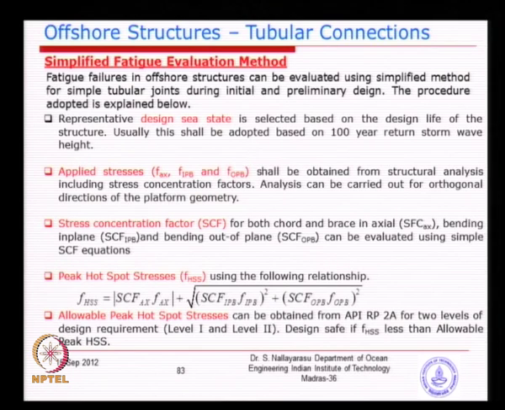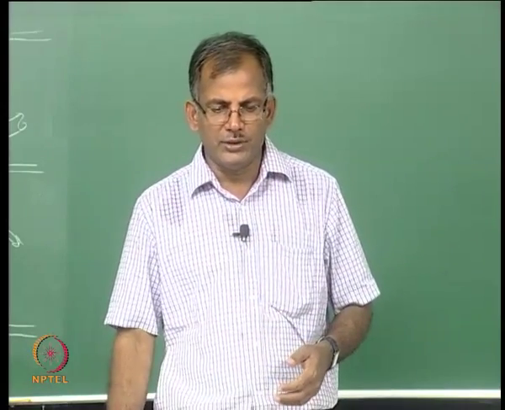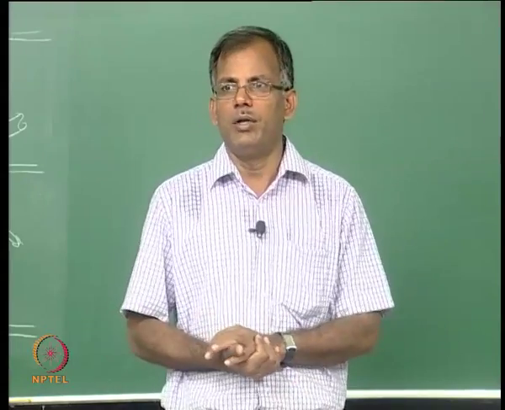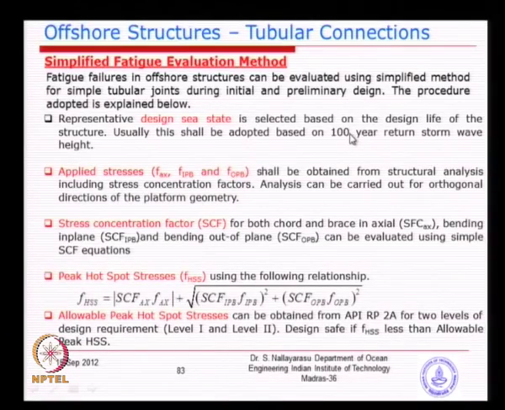Otherwise, the procedure is as usual, computing the stresses in the member. Instead of that we are doing the stresses in the member multiplied by the local increase due to the stress concentration, and then you combine them. So, the procedure is exactly the same. We need to find out what the design sea state is and what the allowable is. API initially recommended you take the 100-year storm condition, which will be the maximum wave height for that particular site, and take it as a representative value, and use that to study the member stresses and local hotspot stress.